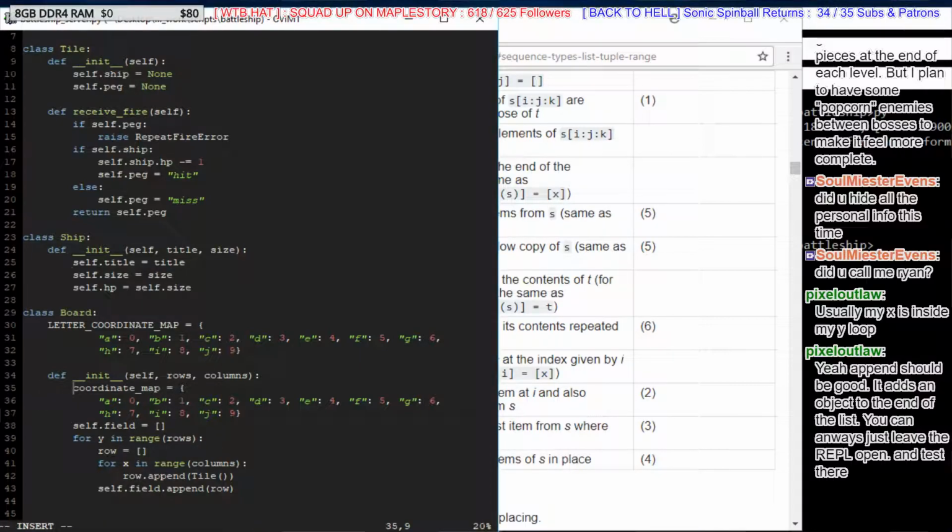How about we call this X coordinate map? Then we could also have a Y coordinate map too. And that would just be